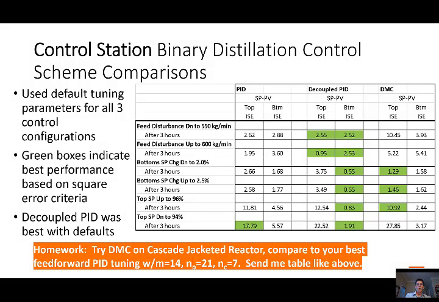So I played with the binary distillation example in Control Station, and I tested it with the default settings for gain, integral time, and derivative time with PID, a decoupled PID, and the DMC controller. And as you can see from the green boxes, based on an integral square error calculation after 3 hours of operation for feed disturbance, bottoms composition set point changes, and top composition set point changes,